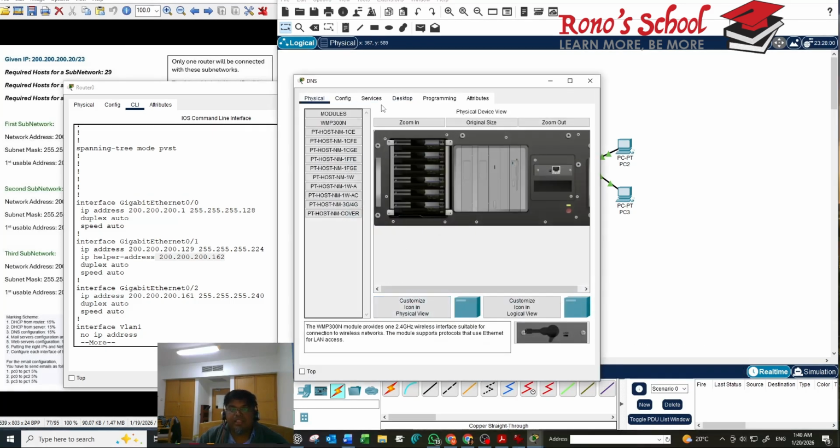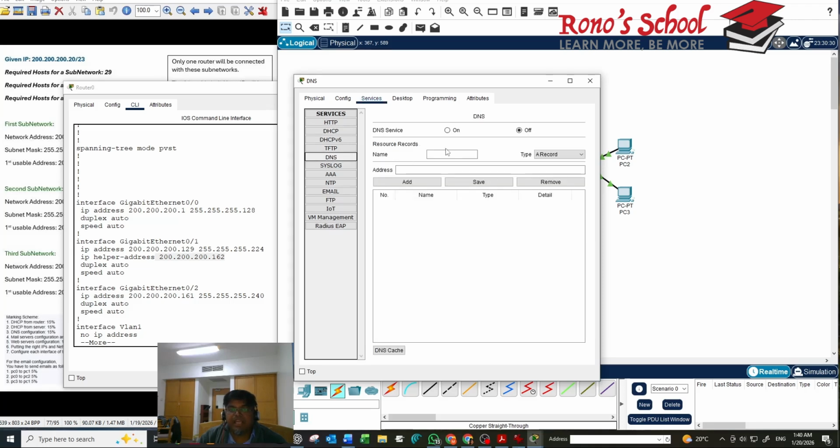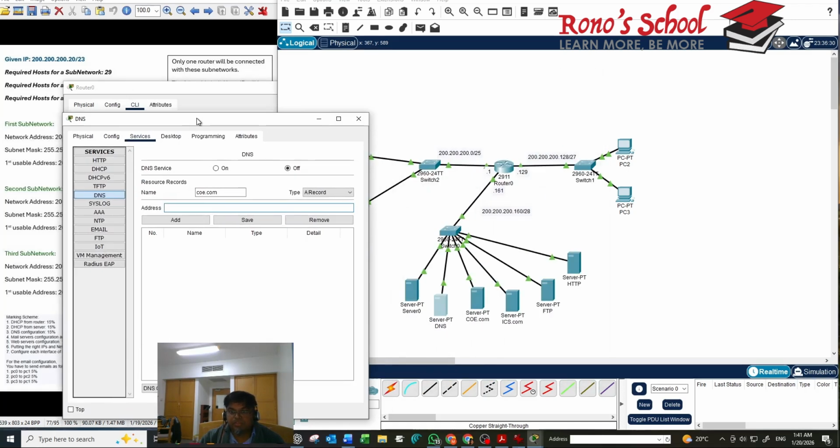So we go to the DNS server and then we go to the services. We click the DNS and then we say, first of all, we add a record. It's called coe.com and we allocate the IP address. So if this is 161, 162, 163, 164, so it is 200.200.200.164, and we just click add, and then we add ics.com,